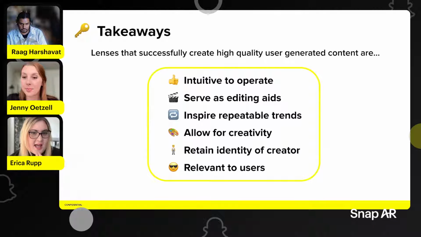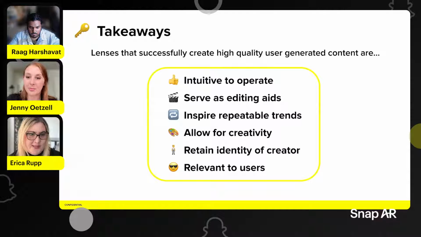And even thinking about retaining their reaction at the end. So if you do turn into a horse, which is hilarious, you do also get to hear somebody laughing, and there's still a human aspect there. And relevant to our users, the Riz meter is the perfect example of that. Our users, especially our power users, are really plugged into culture. And so thinking about the things that would be really fun to lean into, even if a bit ironically, is always going to be really fun.